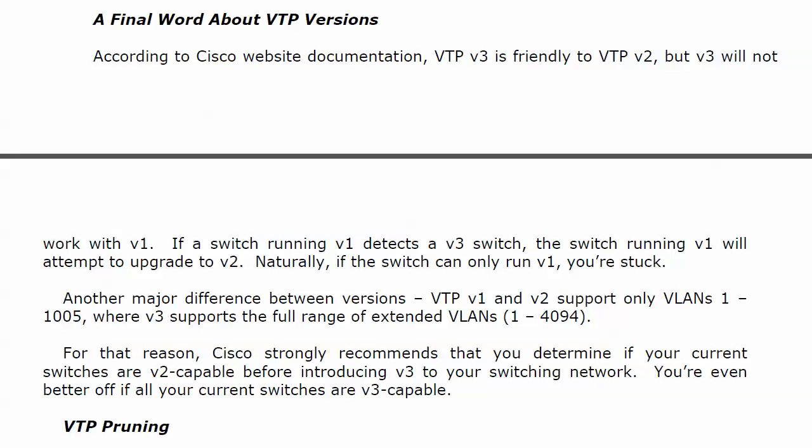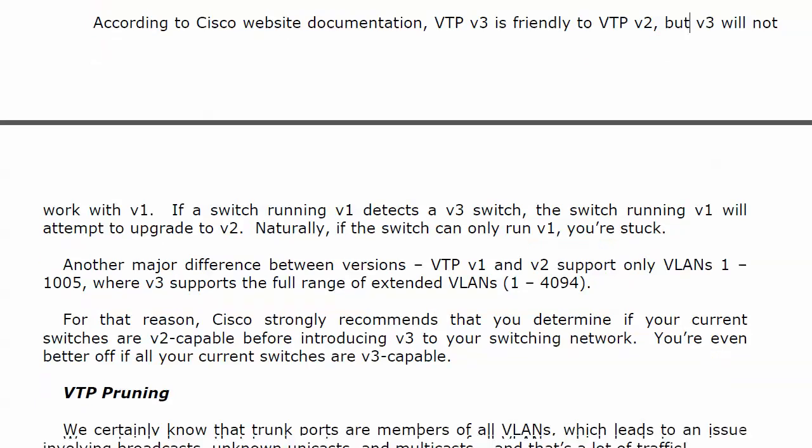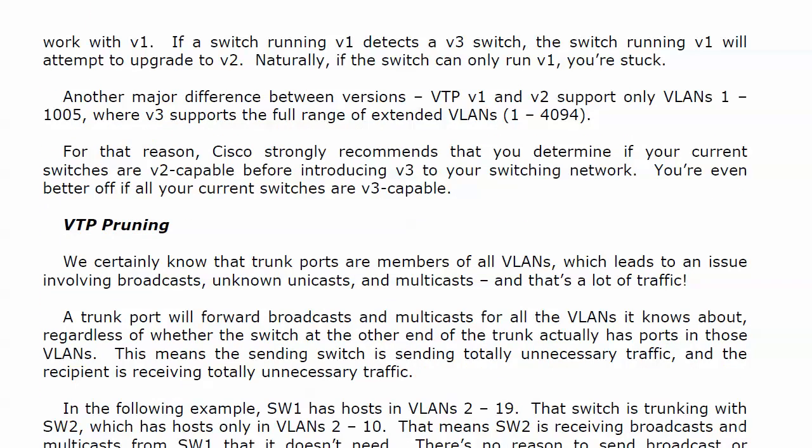work with version 1. If a switch running version 1 detects a version 3 switch, the switch running version 1 is going to attempt to upgrade itself to version 2. Naturally, if the switch can only run version 1, you're stuck. There's one more big difference between the versions I want to mention. Versions 1 and 2 support only VLANs 1 through 1005, where version 3 supports the full range of extended VLANs